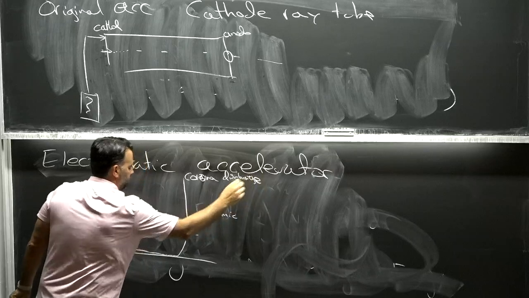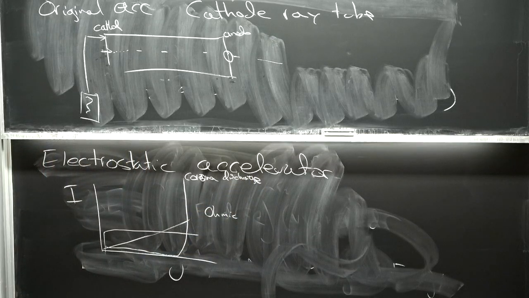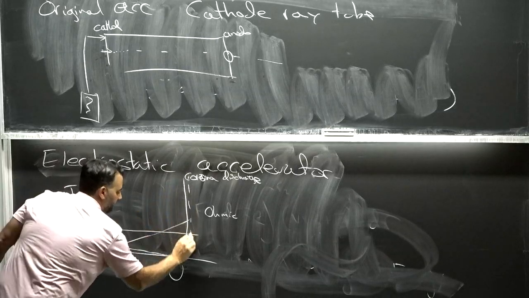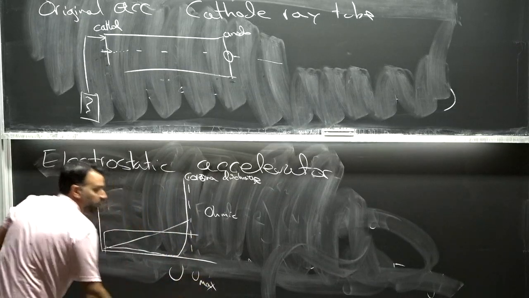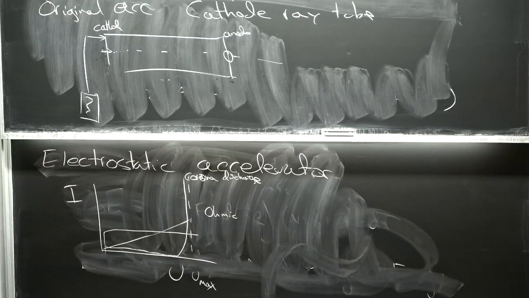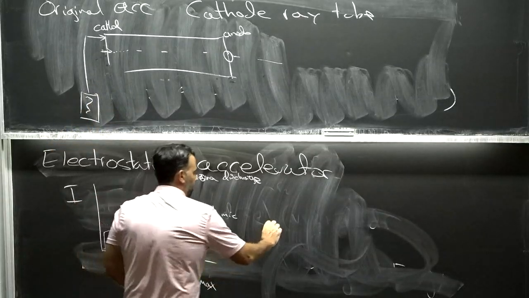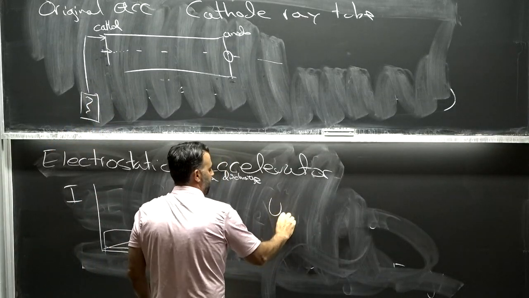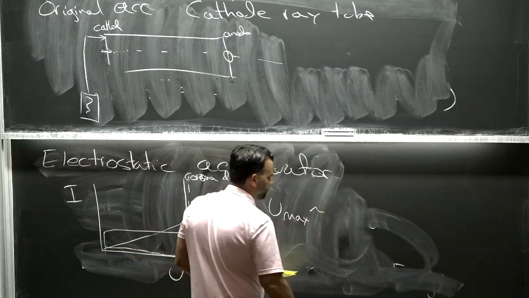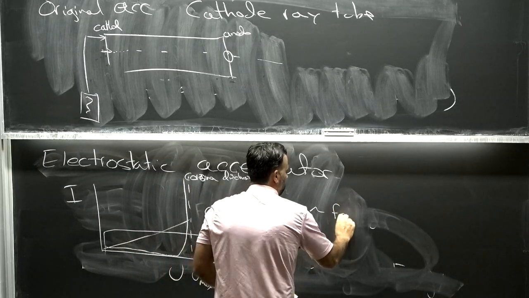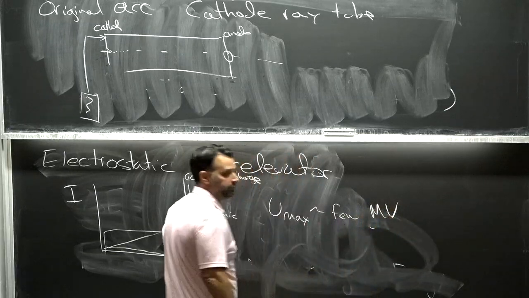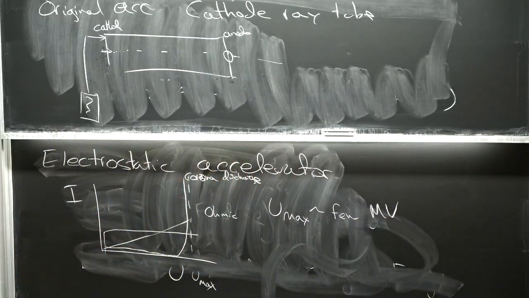And what essentially this does is that even though electrostatic accelerators are a nice concept, it limits to some maximum potential that we can generate with an electrostatic device. And so, for example, when we have this spark discharge in a cathode ray tube, we roughly get the Umax is, let's call it, a few megavolts. So if we have an electric charge of E, we can get to MeV energies with this.